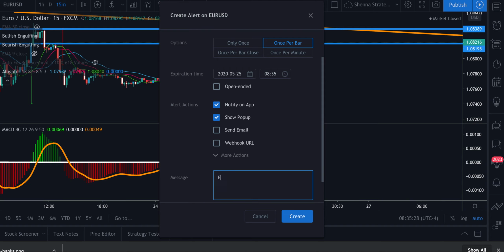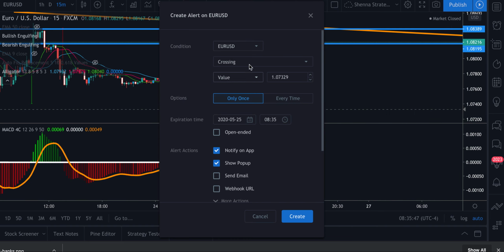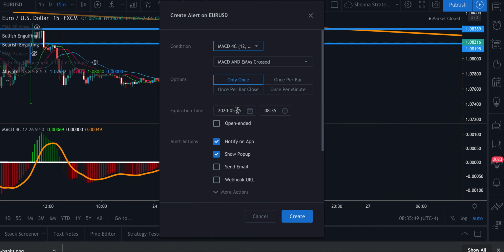I just type in like euro. I like using abbreviations, euro USD. If I'm on a 15 minute, Williams alligator alert sell. So that's kind of how I like to do it. You can do whatever you want to remind yourself, and then hit OK. And sometimes what I like to do is also add an alert. I'll click MACD, once per bar,